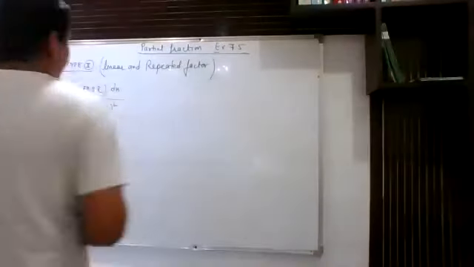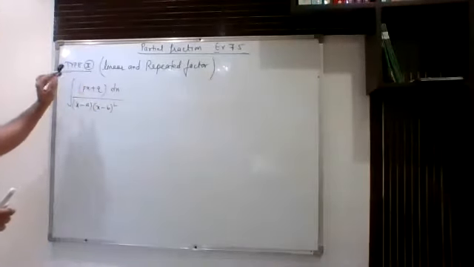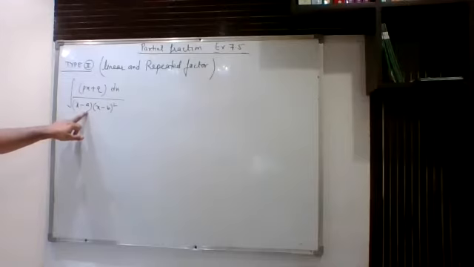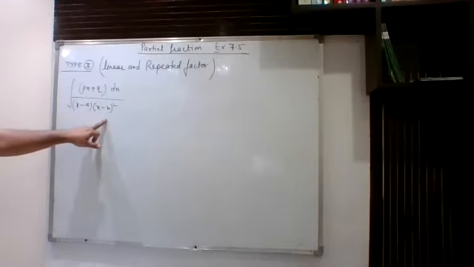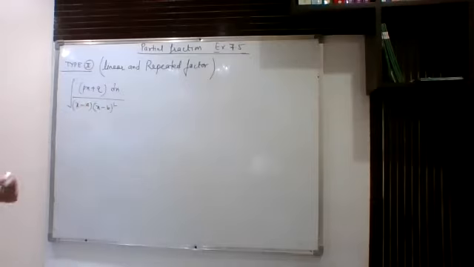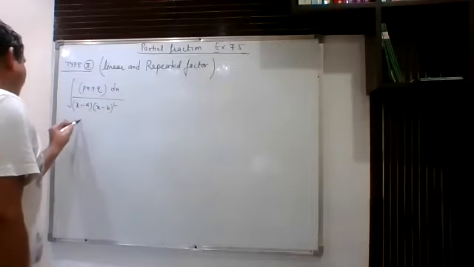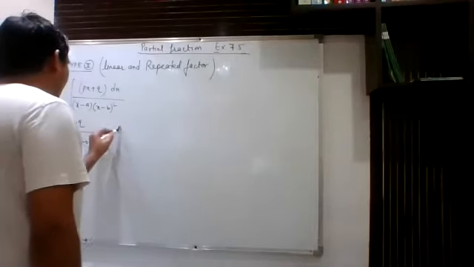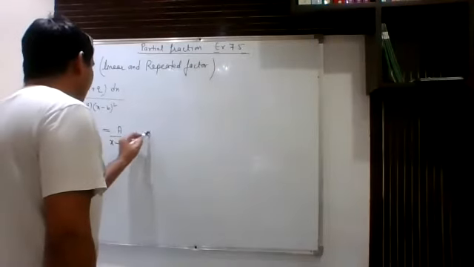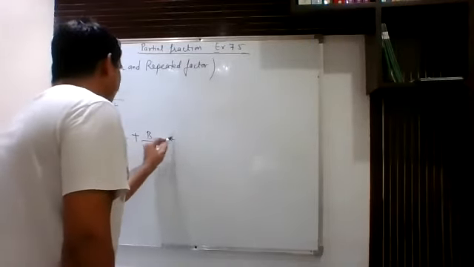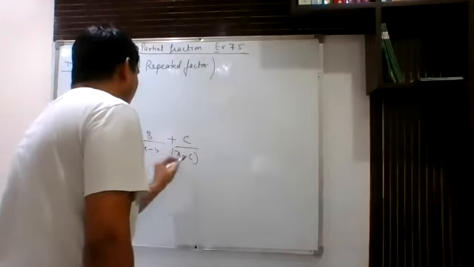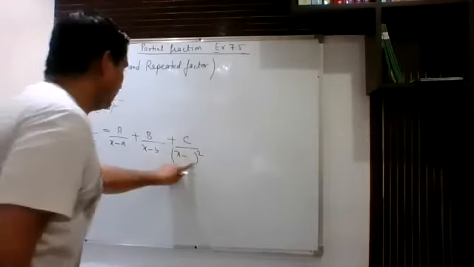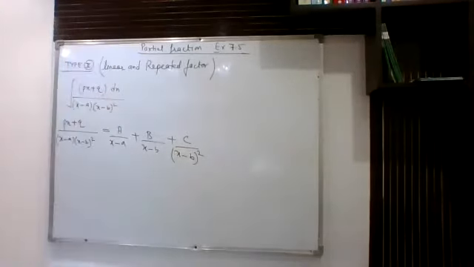So after this you can try question number 11. So this is a linear form, partial fraction type 2, linear and repeated factors. So this is linear divided by one linear factor and another is also a linear factor, but it is repeated, now x minus b whole square. So here your substitution will be, you will say put this as a upon x minus a plus b upon x minus b plus c upon x minus c whole square. This is small c. So this is the substitution which you will apply.